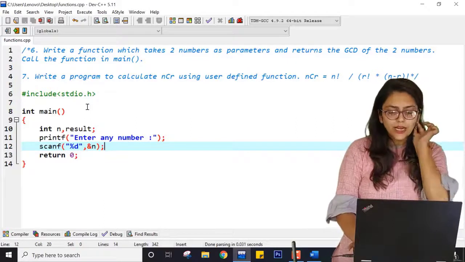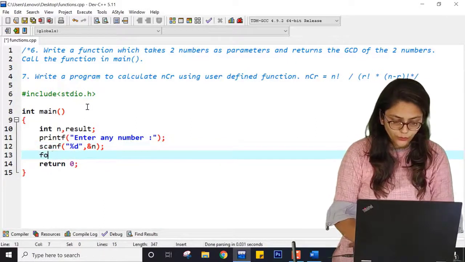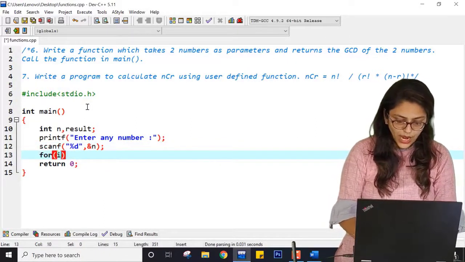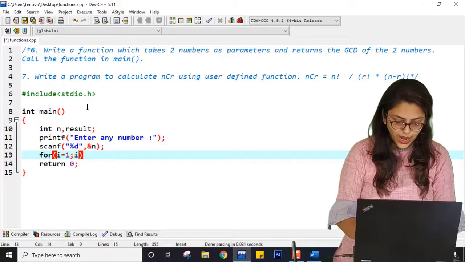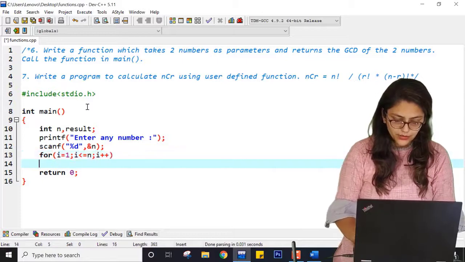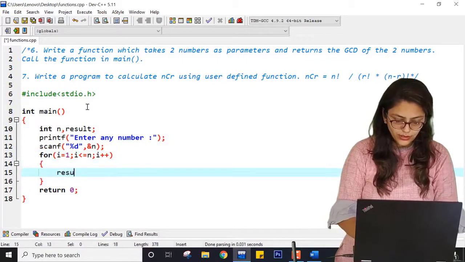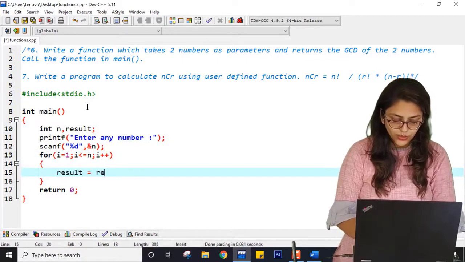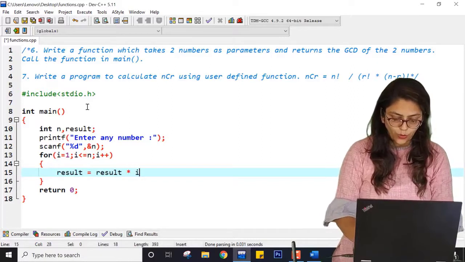Now after that what I was doing, I was taking a loop for i equal to 1, i less than or equal to n, i plus plus, I was doing result or fact equal to result into value of i.